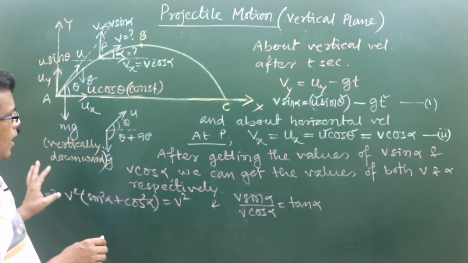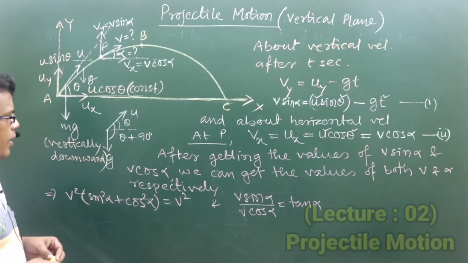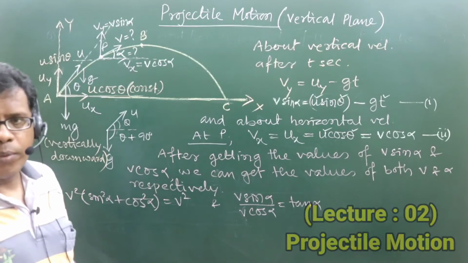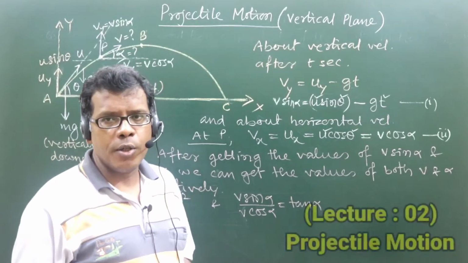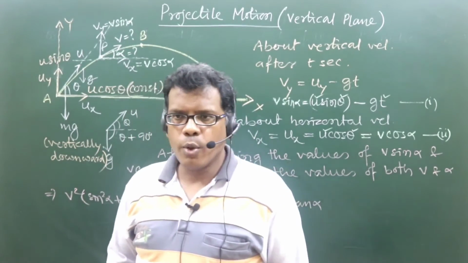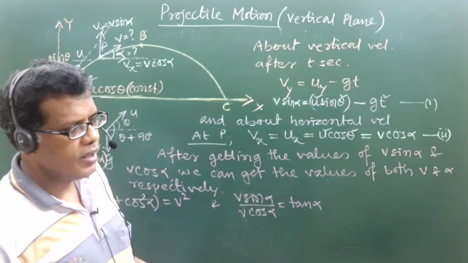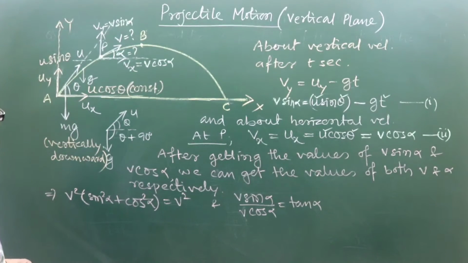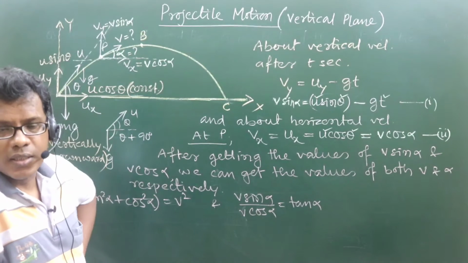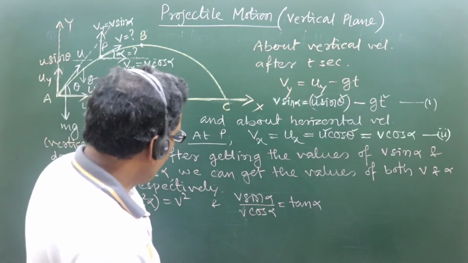Now after this much, we can understand that once the time of journey from the point of projection to anywhere in the projectile is given to us, either in the ascending phase or descending phase, we can definitely find out the velocity at that point as well as its direction.